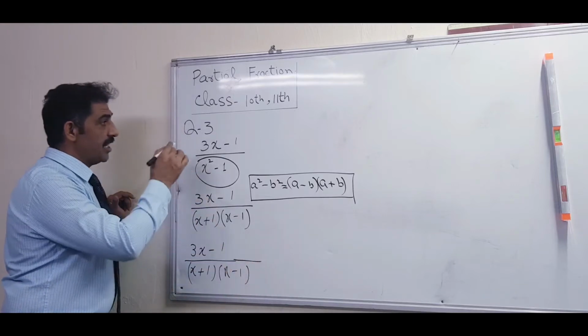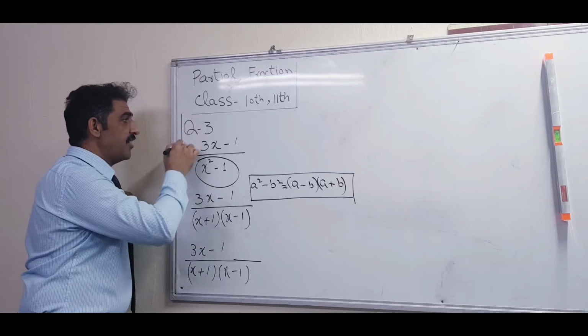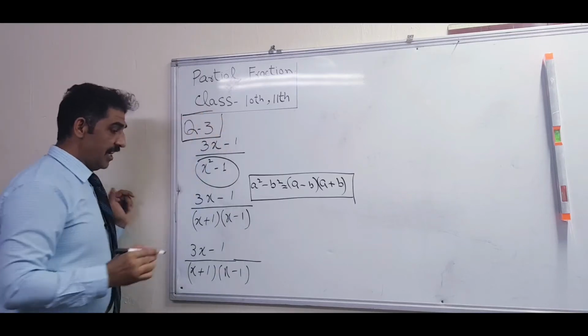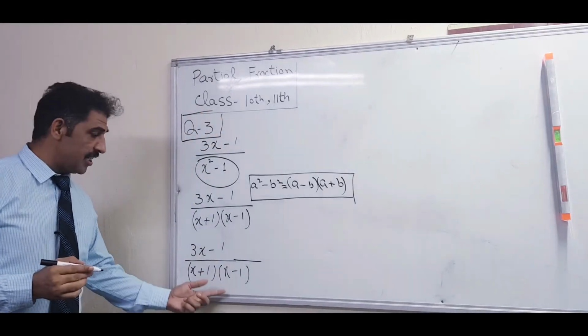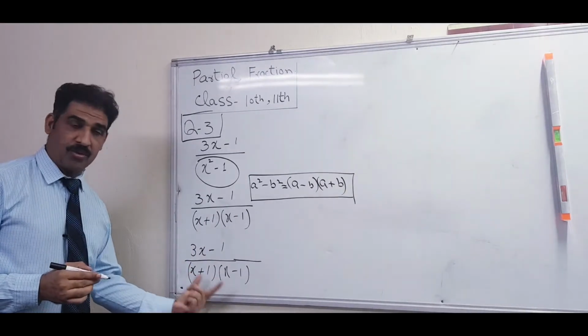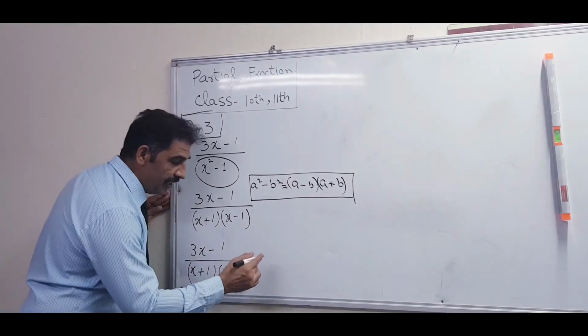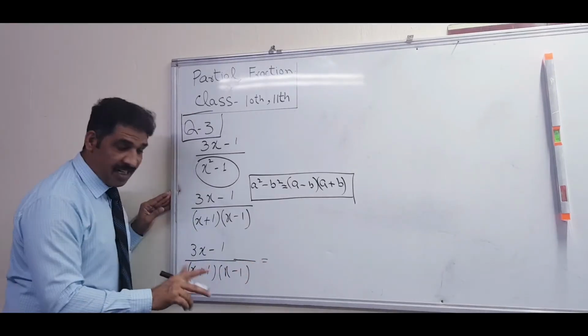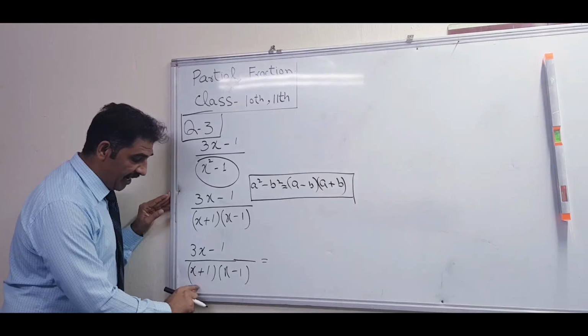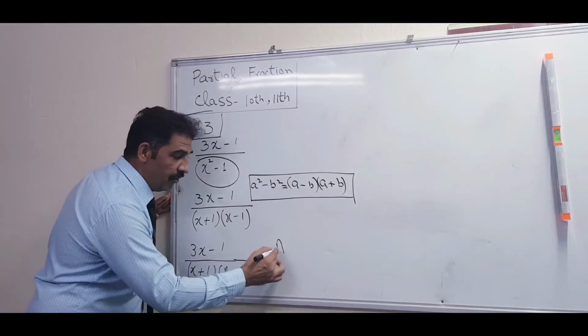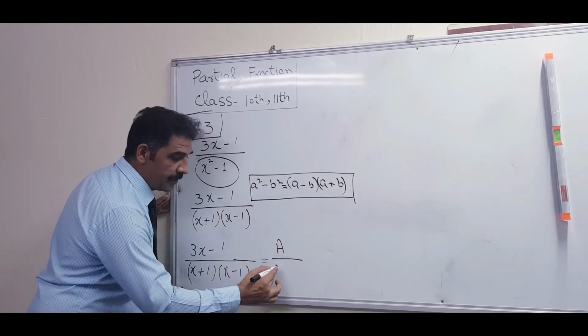I chose question number 3 because it requires making linear factors, while question number 1 and question number 2 are already in this form, so you start directly from there. After that, it is equal to how many parts? There are two parts. First you will write a over x plus 1